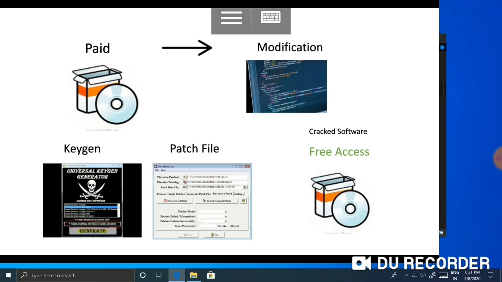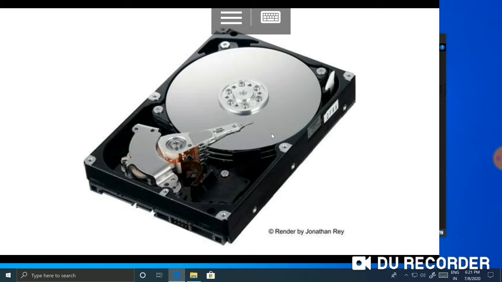Most of the time, doing this is really bad, guys. Don't do it because this could be harmful to your computer. In my case, I reinstalled Windows, as I told you today. I reinstalled Windows, I installed Uplay. It took a lot of time because of cracked software, I think. Cracked software harms your computer's hard drive also. Think that your hard drive may get corrupted. Maybe because I installed cracked software